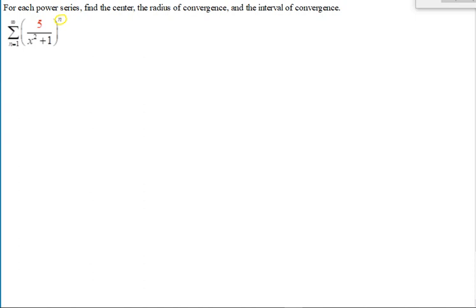All right, so we're going to use the root test because this whole thing is raised to the n power. It tends to work a little more easily than the ratio test here. And then with the root test, you find the limit as n approaches infinity, just like the ratio test. But then what you do is you take the nth root of this whole expression, 5 over x squared plus 1 to the nth power. And what that does, the nth root cancels out the n exponent. Those are inverses of each other. So all we're left with